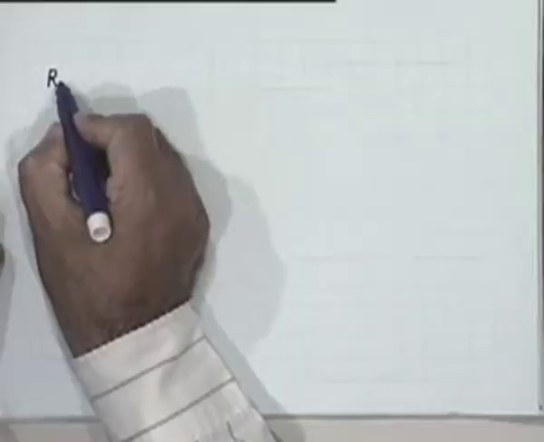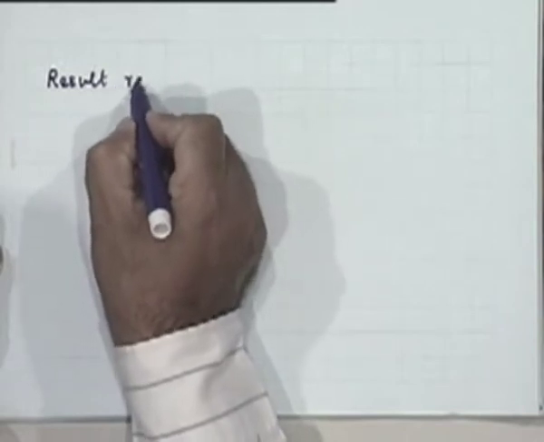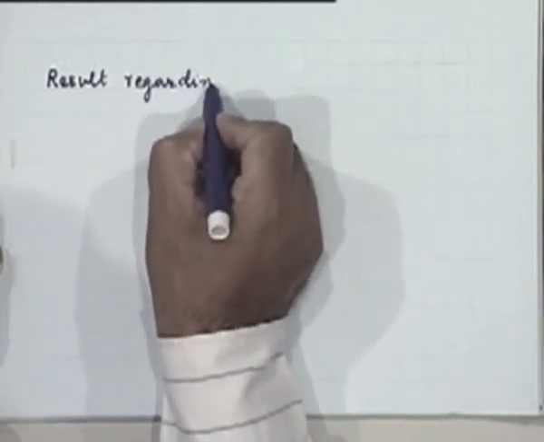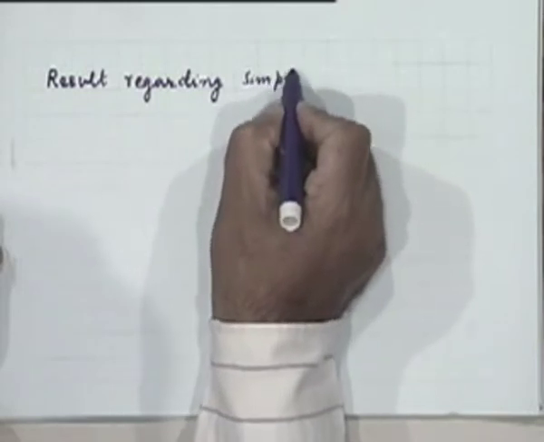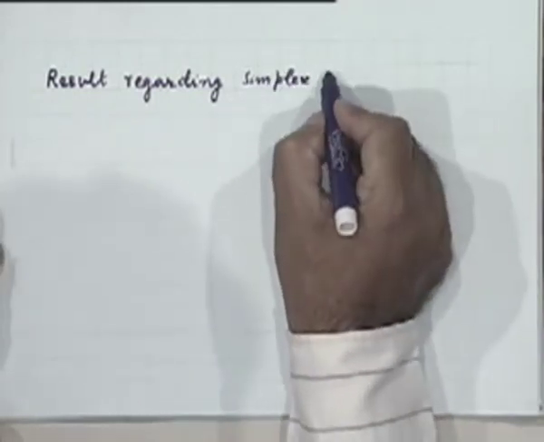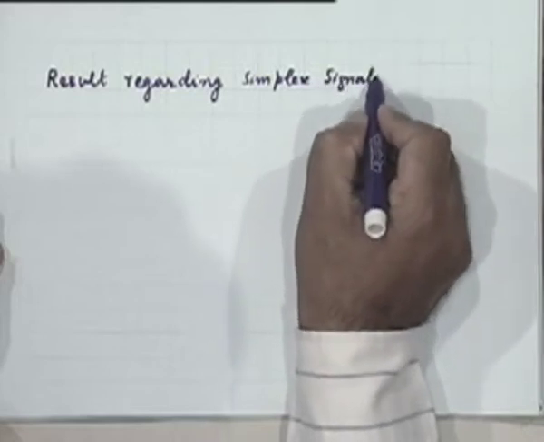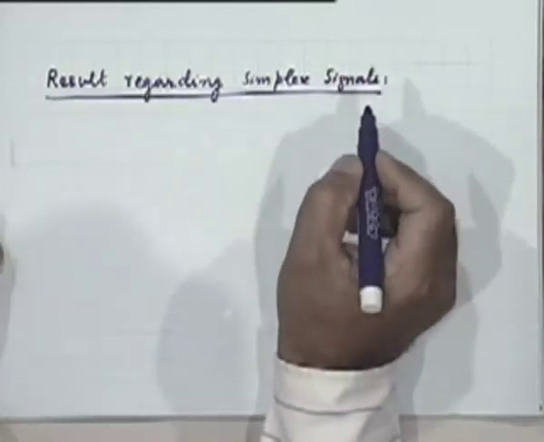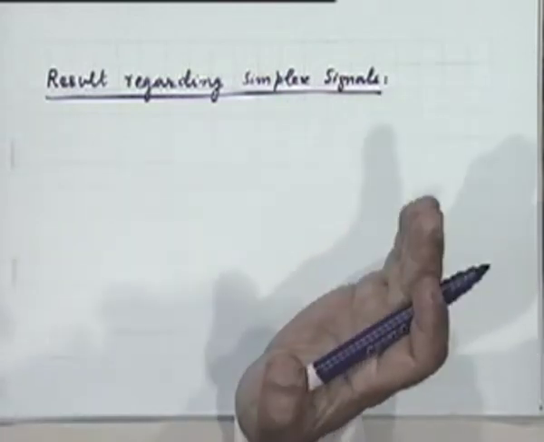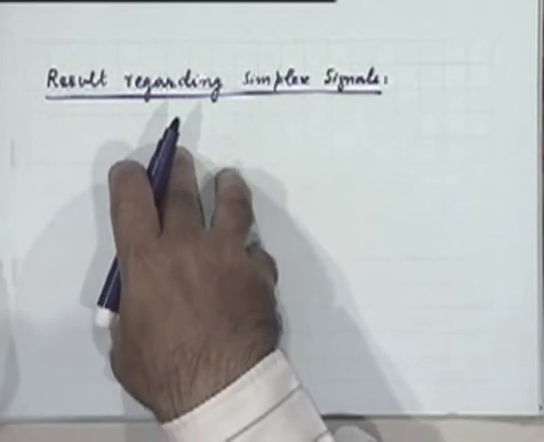Now there is another related result here regarding simplex signals, which we have discussed before. Do you remember what was the motivation for introducing simplex signals? The motivation was, and this is a result now you can prove, I would like you to read it yourself, that an M-ary simplex set of waveforms with the optimum coherent receiver will yield the same error probability, the same error rate, as the orthogonal set, with an average energy which is less.